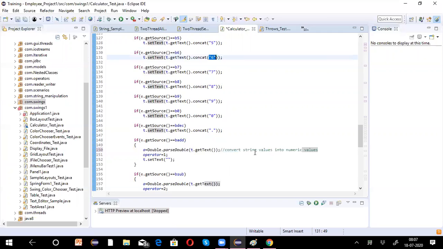So to convert the string value into numeric, you use Double.parseDouble. So get the text from t, convert it to a double value and assign it to a.